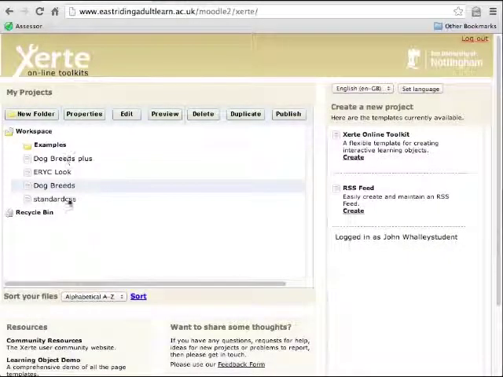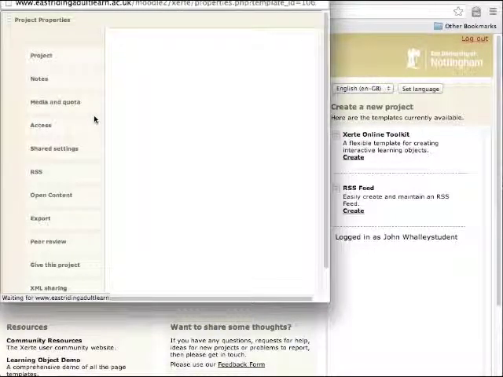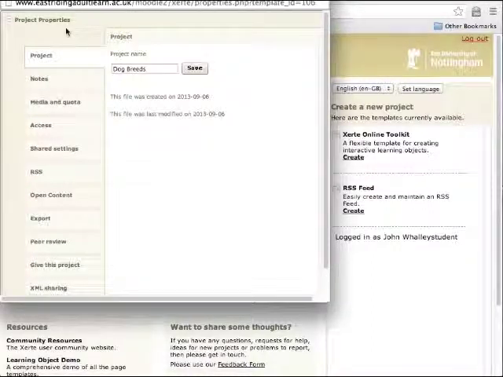So let's shut down that object and go back to the workspace. We need to make sure that the particular project that we want to share is the one that's highlighted, and then on top of the workspace is a button for properties. So we click on properties, and the project properties appear in a pop-up window, and the various properties are down the left hand side in a series of tabs. The default when you open this up is for the project name to appear. You can change that and save it if you wish,